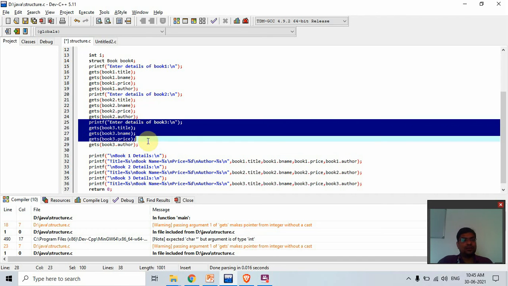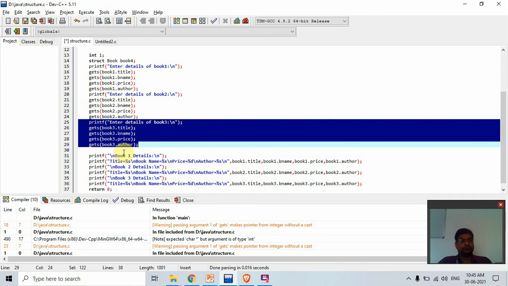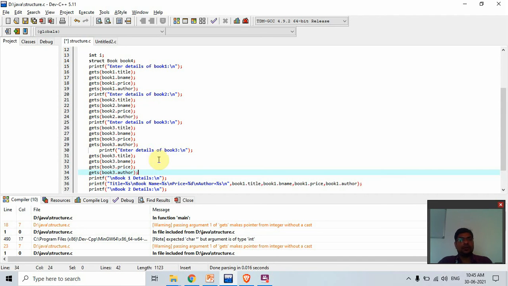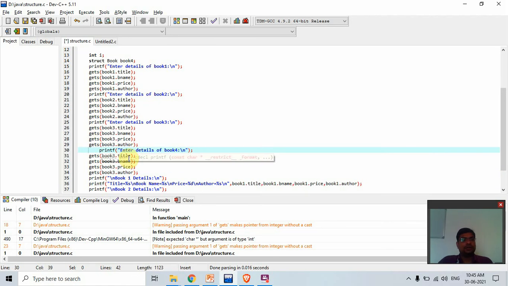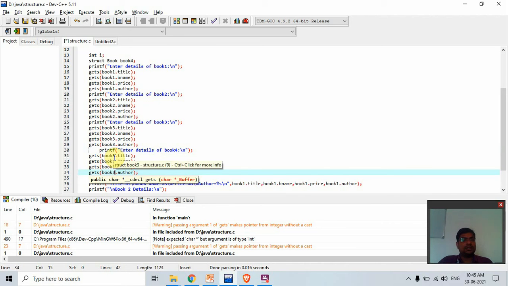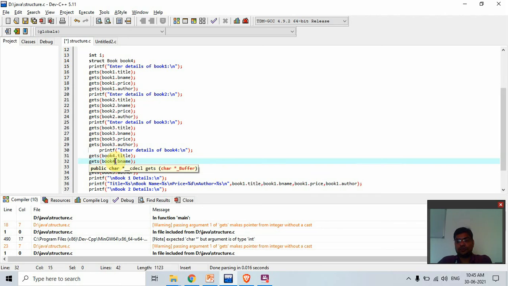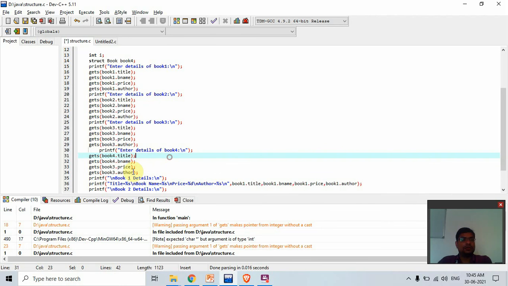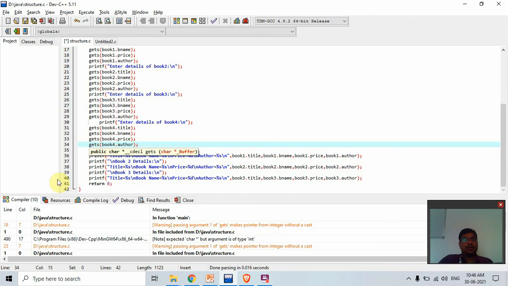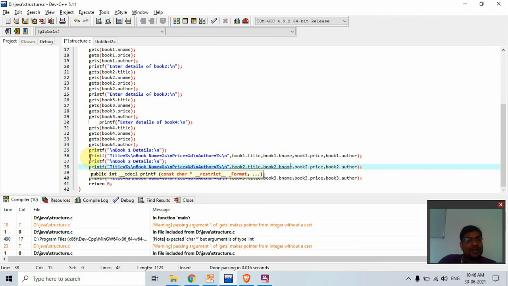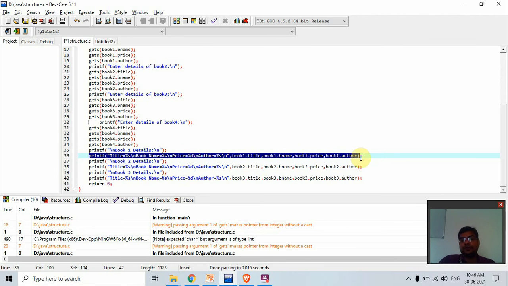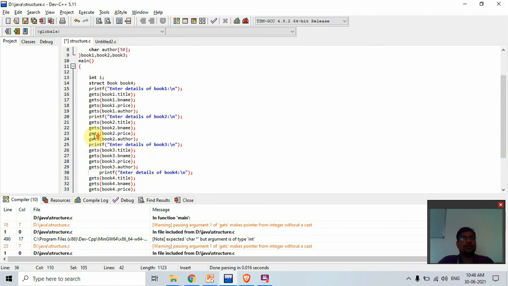Copy that code and Ctrl+V for book 4. Now I change this to 4 and 4. I also convert this into gets, so I remove this. Okay.